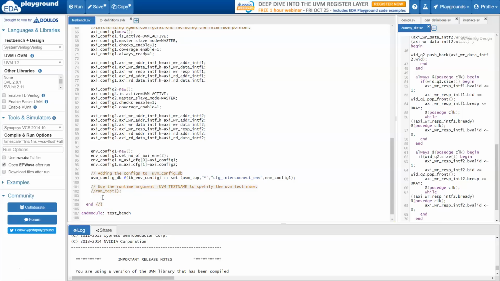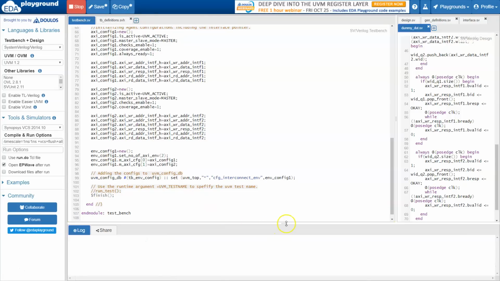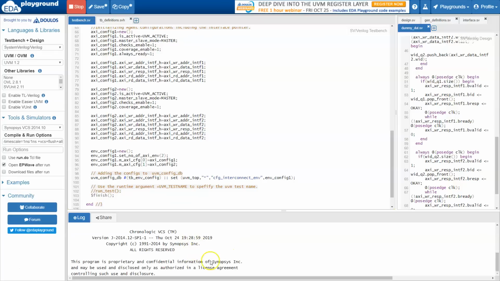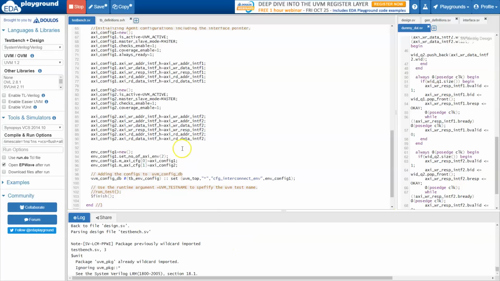Now before defining the next file, to make things easier, it is better to add a $finish here at the end, which you can remove later. While you enable the run test and run things, make sure that there are no compile errors and the simulation is finishing at 0 time. So it is compiling,